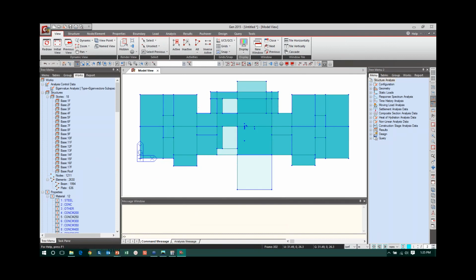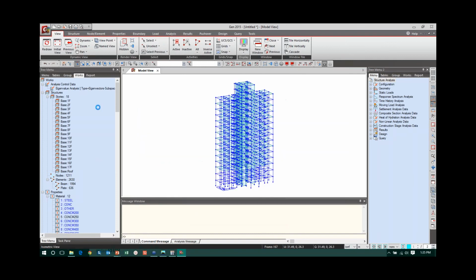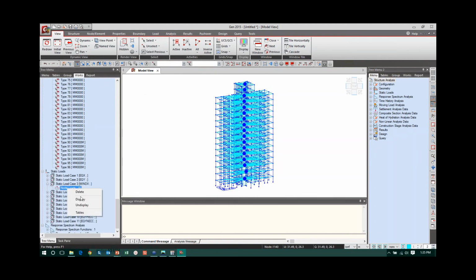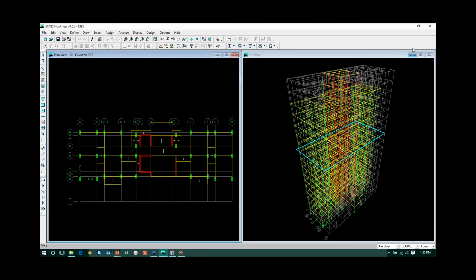Another couple of things: all the loads are also imported from the ETABS file. Your dead loads and live loads are okay, but if you check your wind loads and others, those are imported as nodal loads. The wind definitions are not imported as such. So either you can keep them as nodal loads, or you can delete the wind loads and define the wind loads and seismic loads again in Midas Gen, or you can keep them as they are and run the model. Okay, this is in brief about importing from the ETABS 9.7 version, the old version.